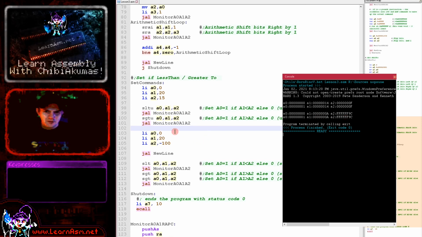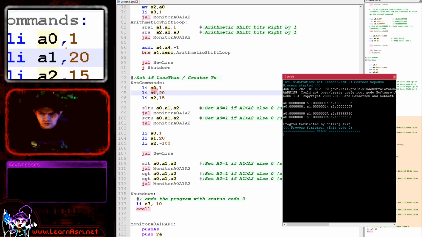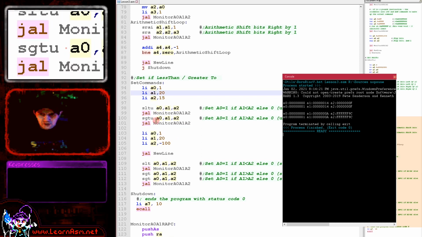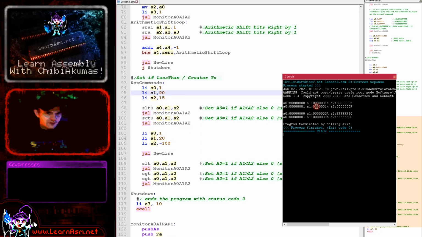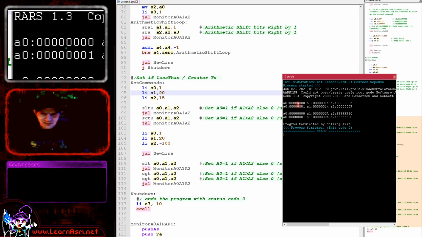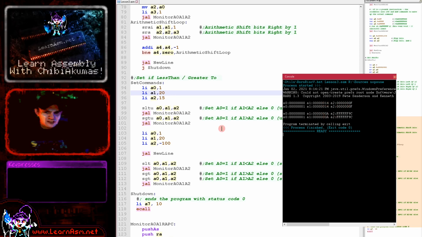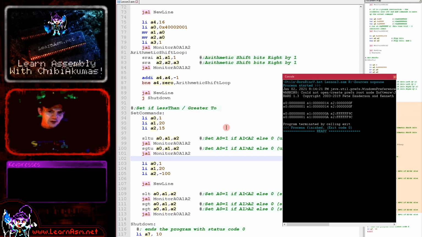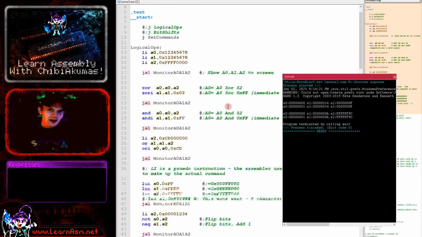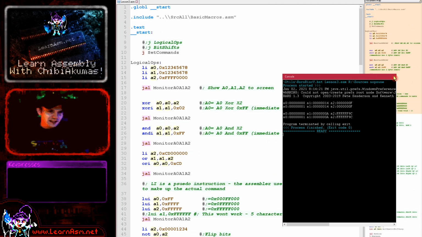As I say, very strange commands there, but now the important thing of course to notice is if we set A0 to 1 to start with here, and then we run these commands again, it is being set to 0 if the condition isn't true. So it's not that it's being left unchanged, it is being set to 0. Anyway, that's the last example we're going to be looking at today, and in fact at this stage in these